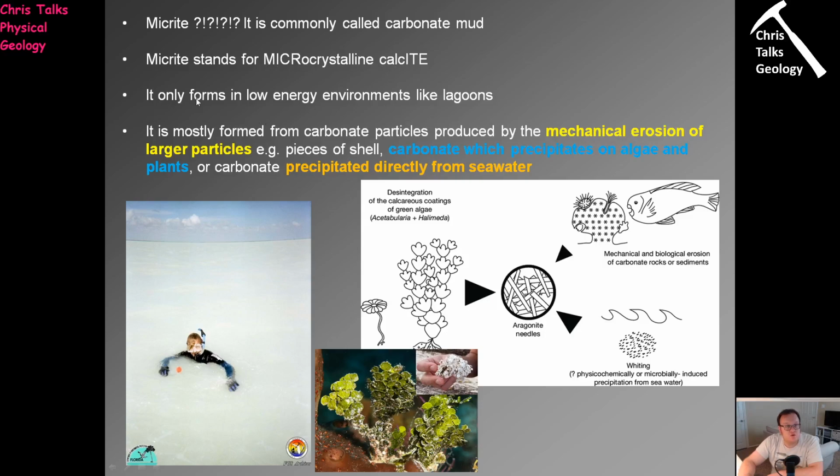It will only form in low energy environments like lagoons. As you can see, it's very, very fine, and an ocean is quite a high energy environment. So very, very fine material like this, if it's left exposed to the ocean, will simply be dissipated by waves and it will be lost. So if we are going to form micrite, it means that we have to form it in some kind of